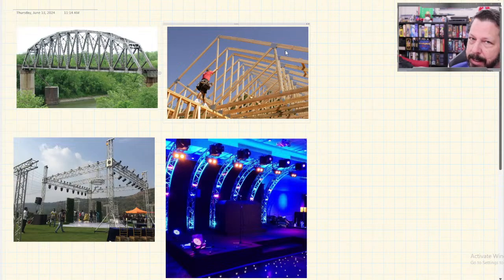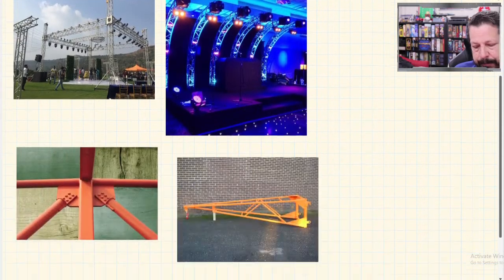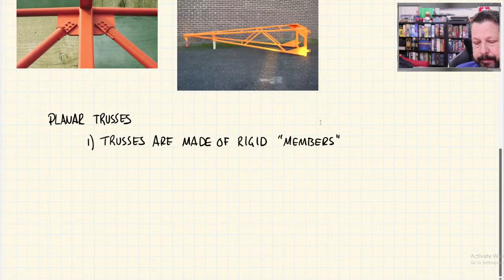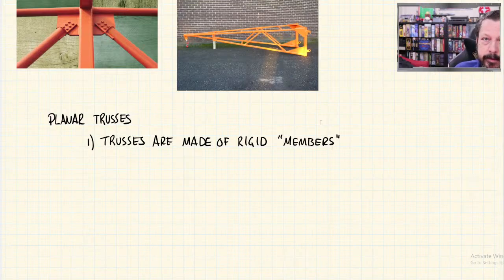So like I said, sometimes we're going to bend the rules a little bit, but we're going to call all the little pieces members, and they're rigid, so they're not made of a very flexible material. You know, flexible in the sense that steel can be bent or wood can be bent, but they're really rigid. All right. Number 2 is that these members that we talked about